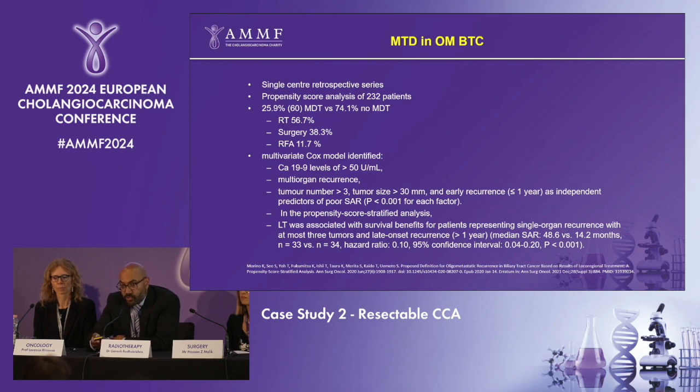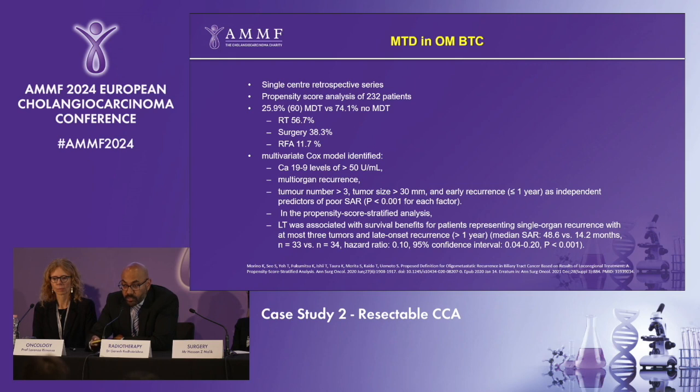As the technology improves, this is something that's going to increase, and those options increasing means that we probably need to optimize the way we research these treatments and therapies. And within this, they found that there were certain factors. The CA19-9 levels were predictive. If you had more than one organ involved, the number and the size of the tumor, the period which the